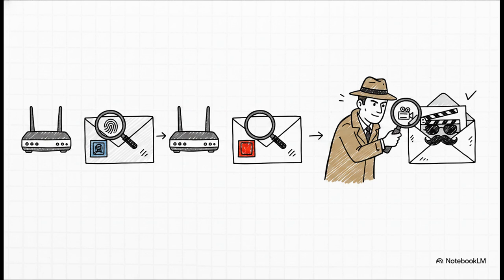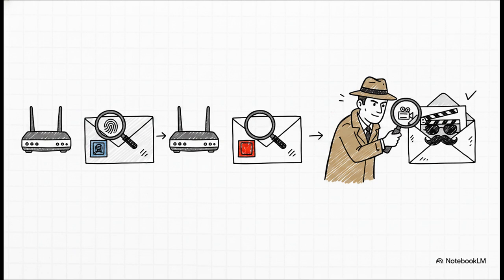And we can check IDs at different levels of the network stack, right? Down at layer 3, we can use access control lists to match source and destination IPs or protocols. Bump it up to layer 4 and we're looking at port numbers. For example, we might grab anything on port 5060, which is standard for SIP and VoIP. But let's be real, modern apps are sneaky. They use dynamic ports, or they just hide the whole shebang inside standard port 80 or 443.